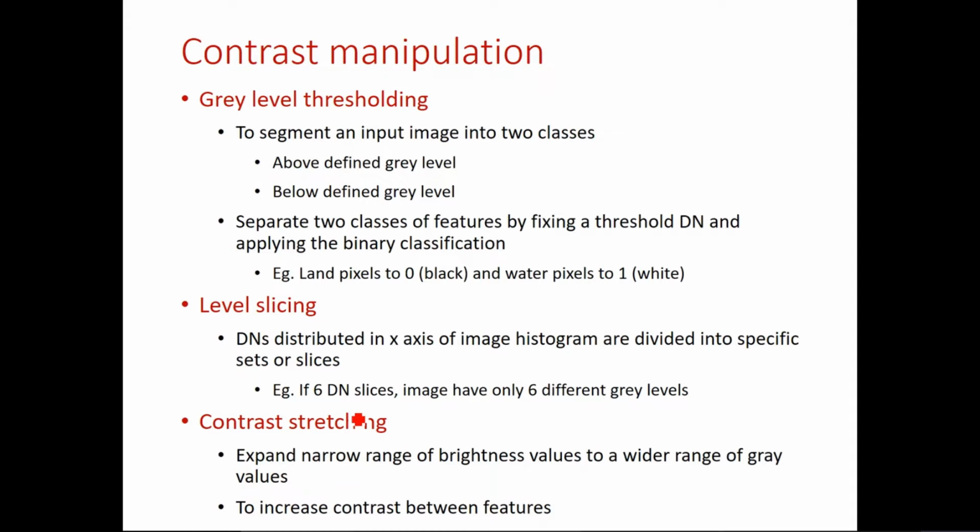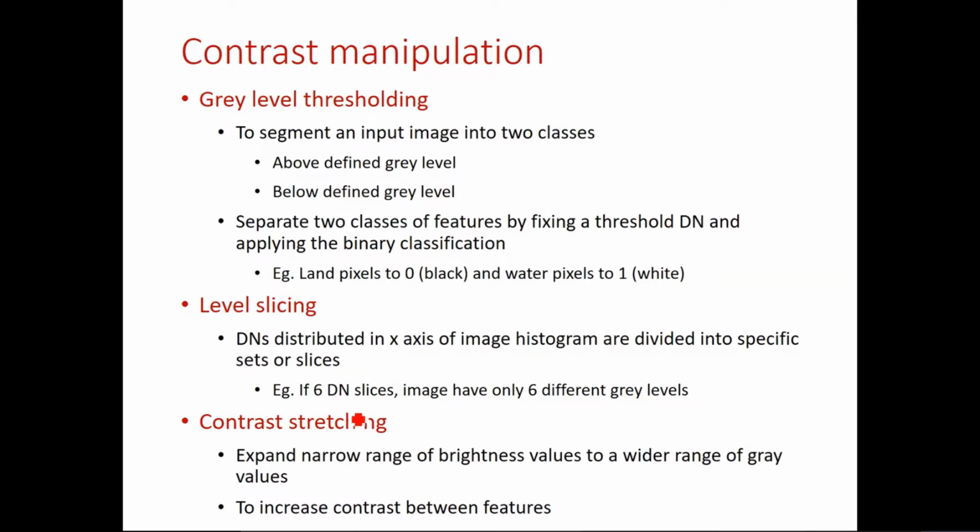Alright. So what you do here is, usually a smaller set of histogram DN values is used out of a total of 256 gray values. So this range is spread over the entire DN range, which you can call a linear stretch. So once you do this linear stretching, you will get a more distinguished output. The lighter pixels will become lighter, and the dark pixels will become darker, right? So you are linearly stretching your DN values so that the contrast between the features will be enhanced. Is it clear?